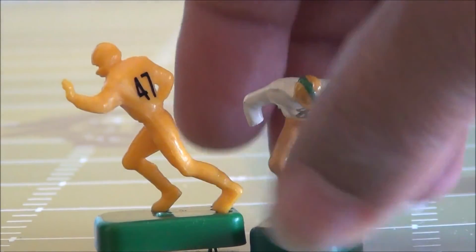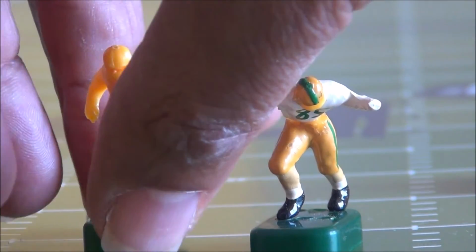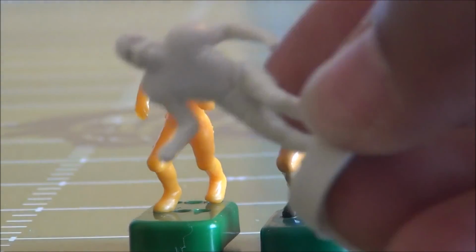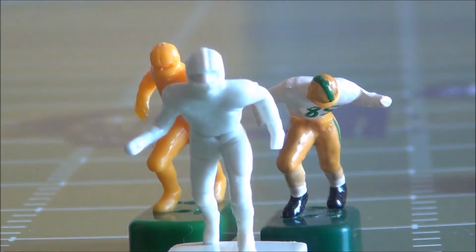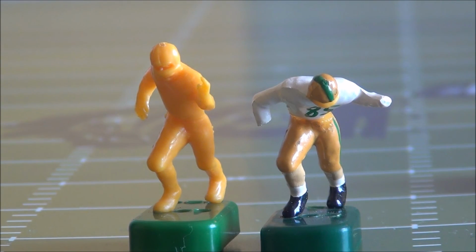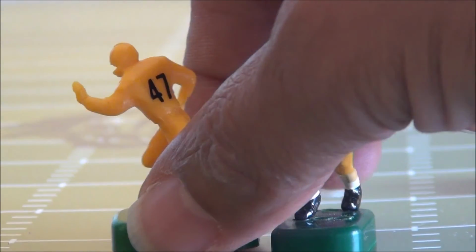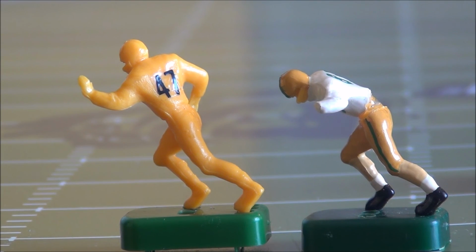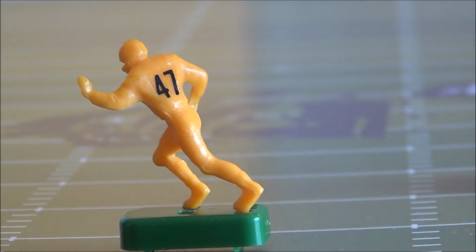This one, I gotta put hands on them. I use the hands of these figures, put on the ones that don't have hands. I have a lot of figures that don't have hands, so I'm going to use those, but I bent this figure over. And this one,